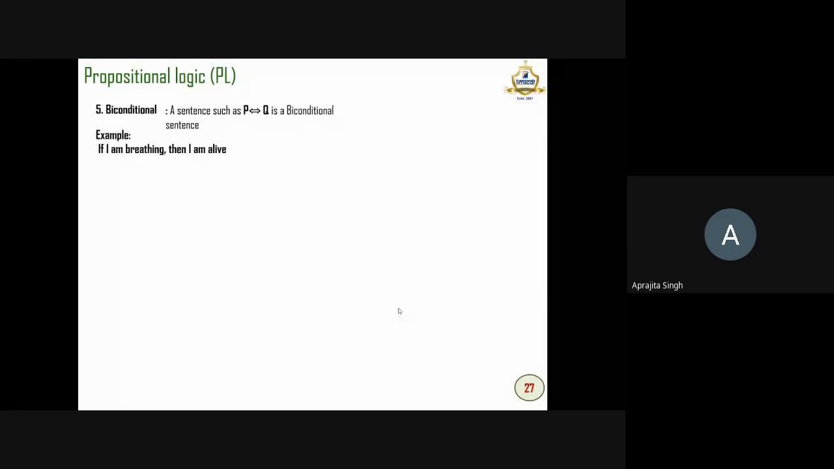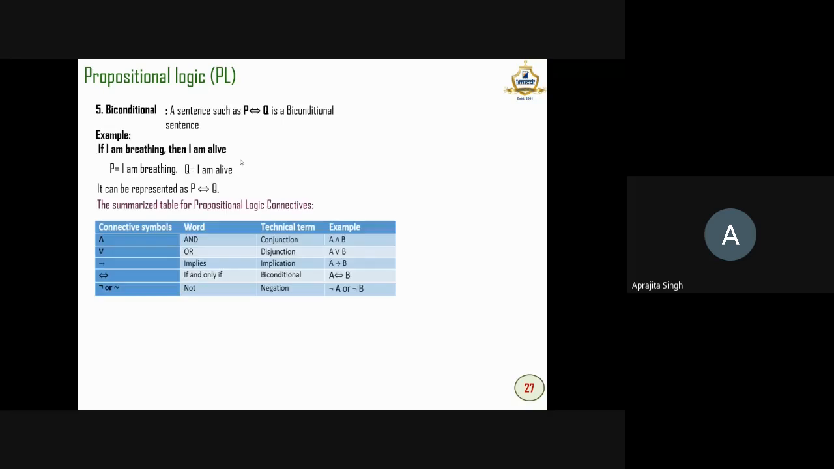Okay, so biconditional is the sentence with the double implies sign over here. We say that if I am breathing, then I am alive. So P is I am breathing, Q is I am alive. So it can be represented as: if and only if I am breathing, I am alive. If and only if, biconditional. So these are